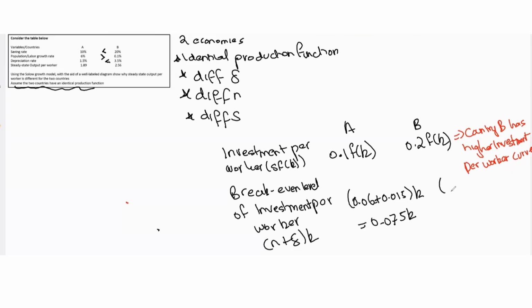For country B, the population labor growth rate is given to us as 0.001, plus we're given the depreciation rate 0.035, times k. So this is just basically going to be 0.036k. So country A has a higher break-even investment per worker line. For country B, it's 0.036k. For country A, it's 0.075k, right? So country A